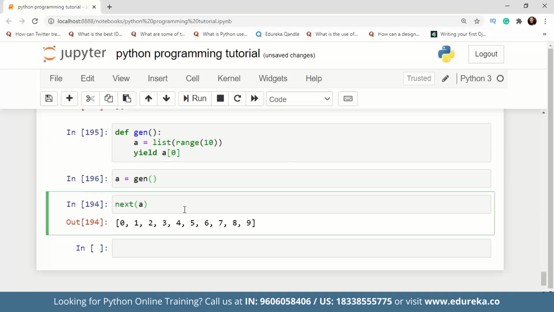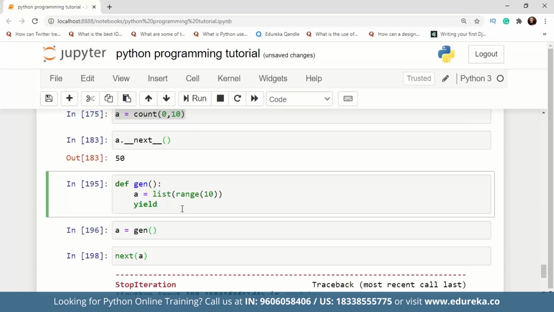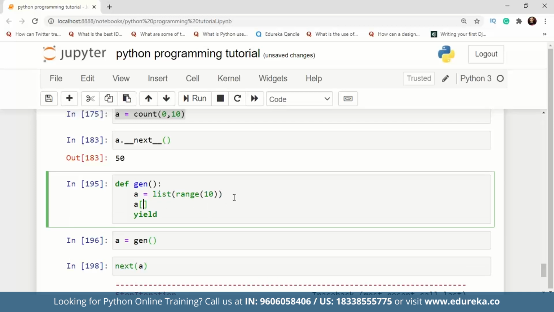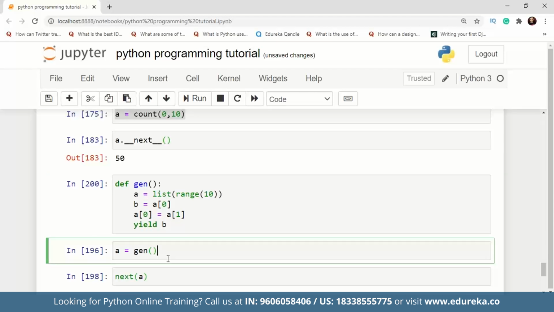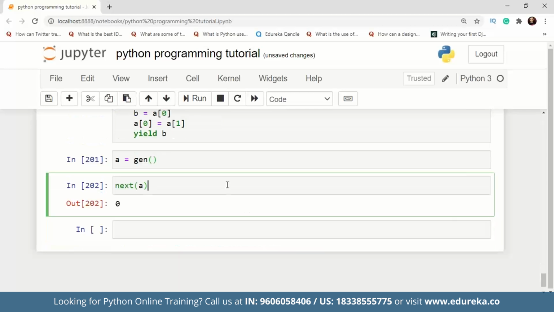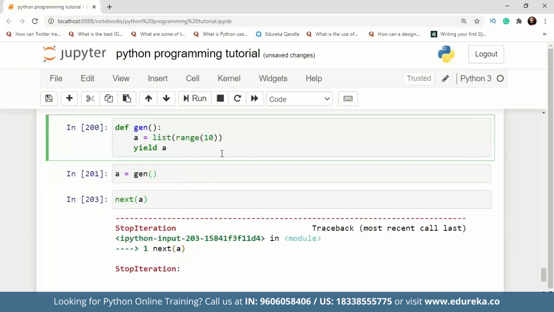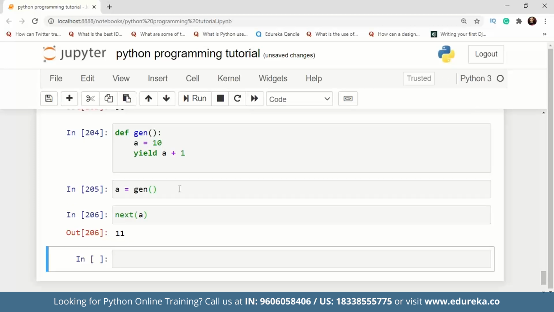So if we take one element, we'll define something so that we only get one value at a time, a of 0, and then a of 0 is equal to this. So let's call it b, and now we'll yield b. Just defining the logic. Instead of this, let's just take a number first. This is just to show you how you can define a generator function, and this is a very basic generator function that we can use.